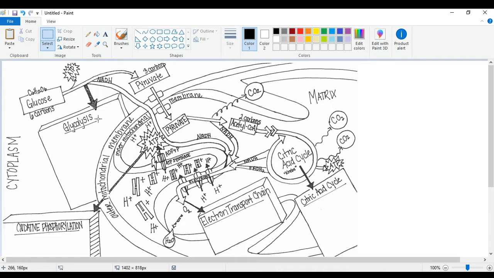Remember, if there's no oxygen present, then after glycolysis, eukaryotic cells can do fermentation. If the fermentation occurs in muscle cells of humans, it would be lactic acid fermentation. This results in the buildup of lactic acid, which causes your muscle cells to start to burn. So when you're exercising and feeling the burn, you are feeling the buildup of lactic acid,